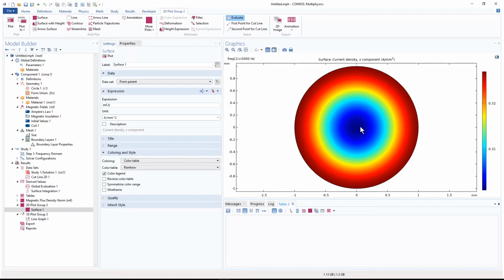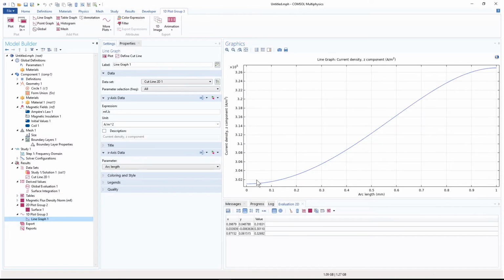sometimes COMSOL assigns a color range, and this color range might be very tiny. The values do not change a lot, but it still gives you a color range, so you must be very careful. So anyway, I click on the center. You can see that current density is 0.3 ampere per square millimeter, but on the corners current density is 0.32 ampere per square millimeter. And of course, if we see the current distribution over that cut line,